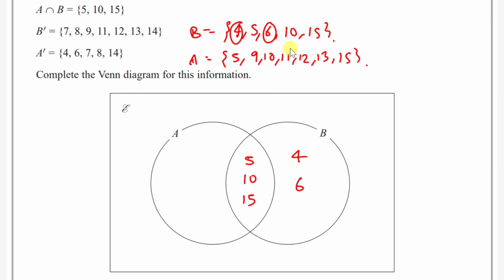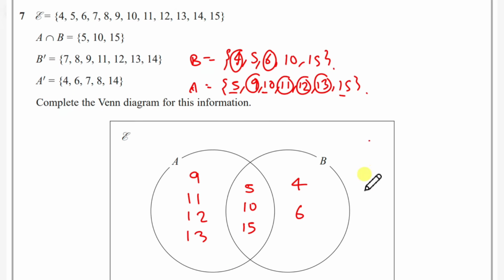This is just B, okay? Whereas 5, 10, and 15 are also intersecting. Same thing for the A circle. Let's underline the 5, 10, and 15, and the rest of these numbers are the ones that actually go inside just A. So 9, 11, 12, 13. Now to make sure all the numbers are here,